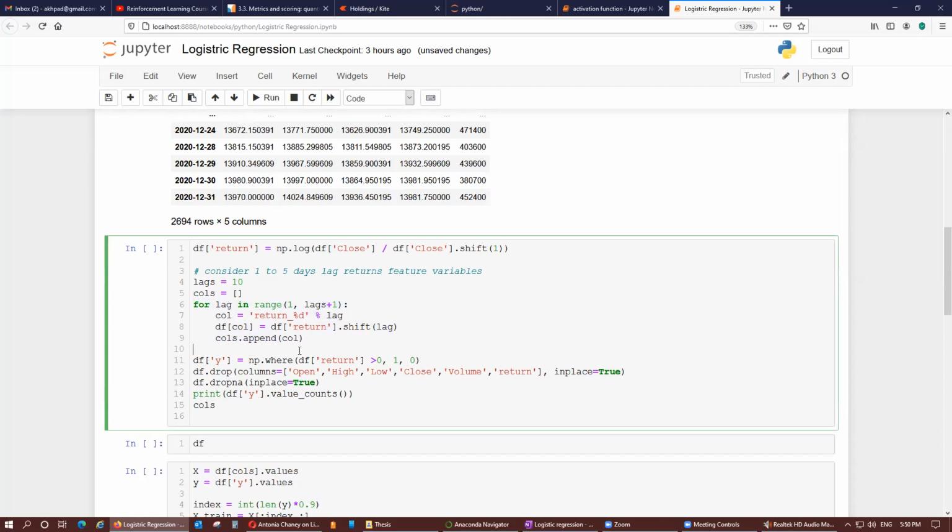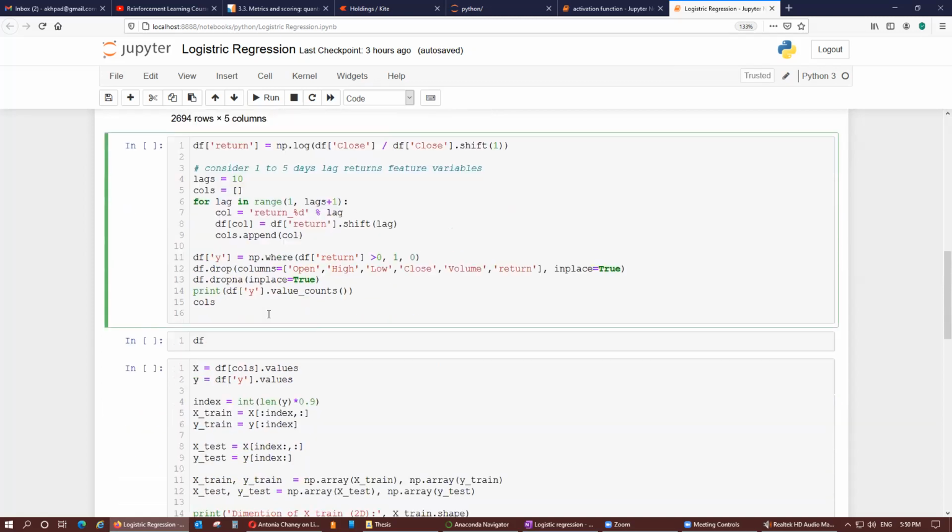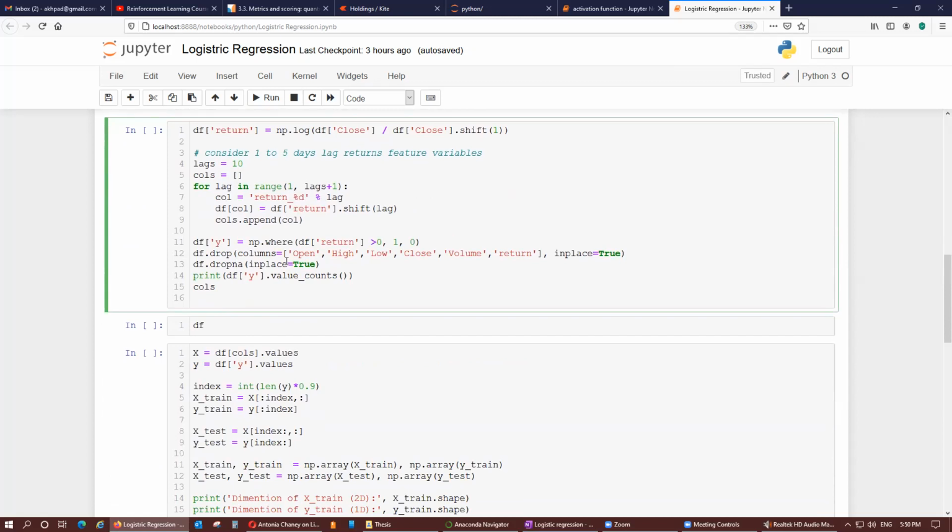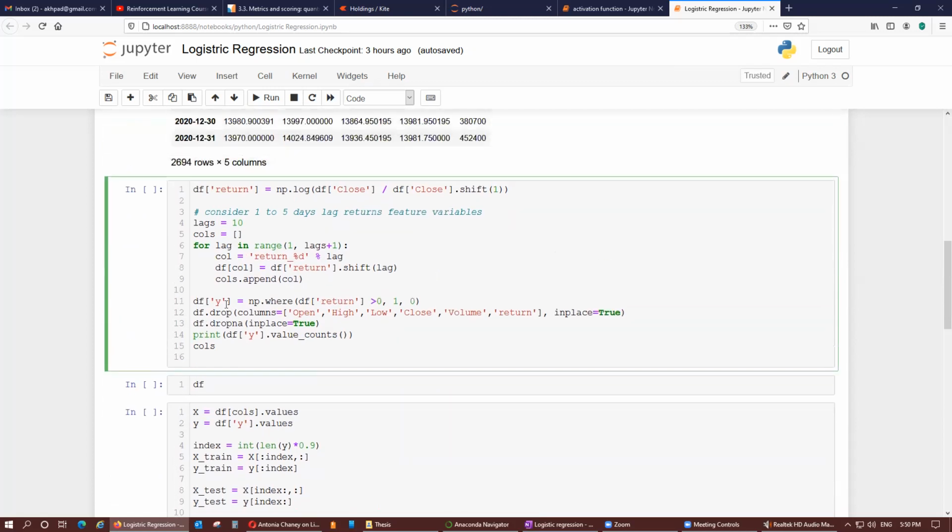Okay, we just take this arbitrarily, and understand that this module is not for trading, it is just for learning and training purposes, not for trading. So run this, and here we drop all the price variables, volume and return, everything, because we already calculated it. And the target variable is 1 when the return is greater than 0, otherwise 0. This is our target variable.